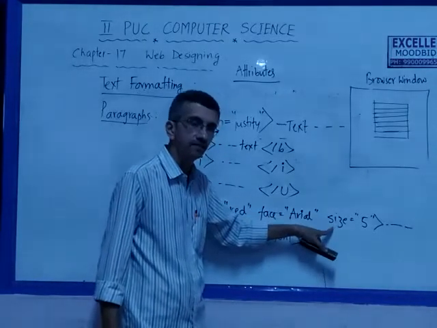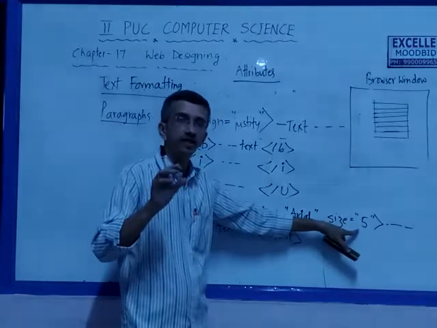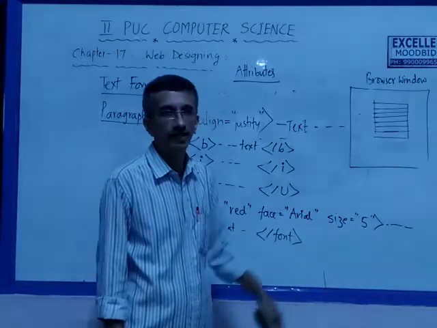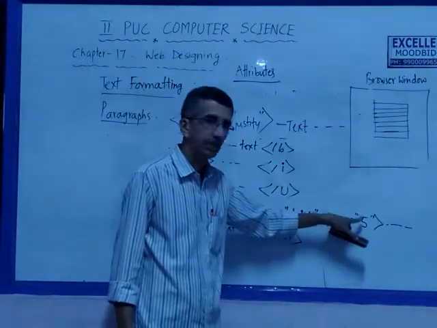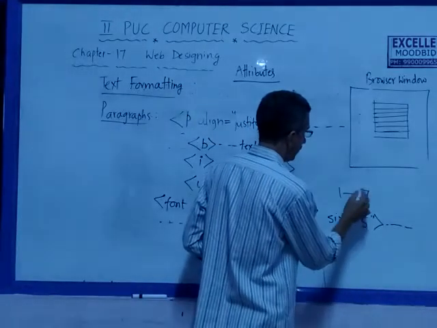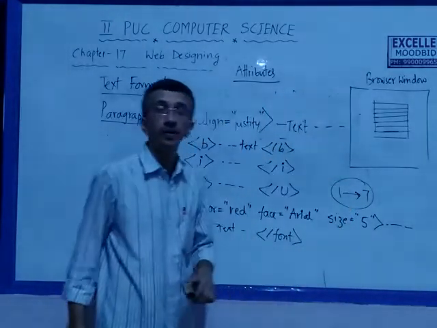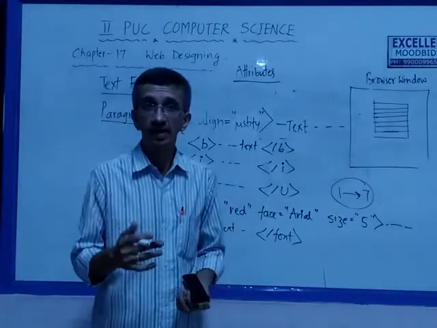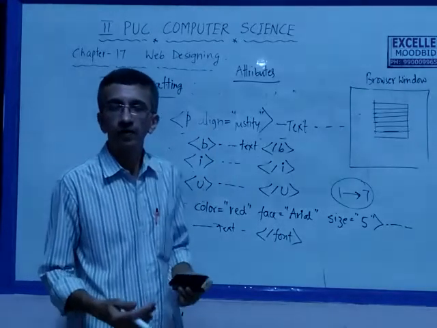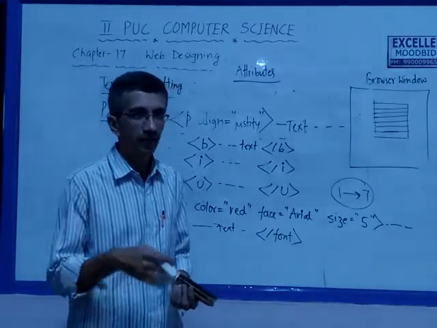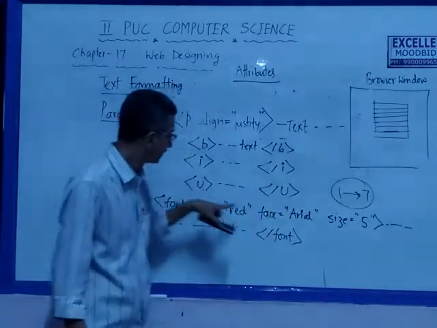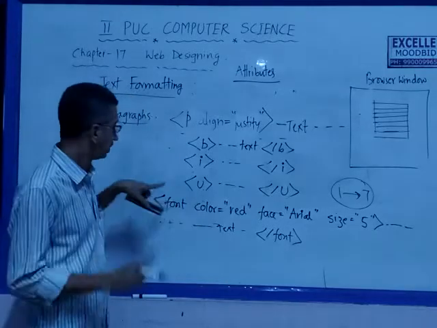And the next is size. This decides what size is available in the display. Basically the base font size is 4. By default it is taken as size 4. It can be 5, 6, 7. So the size can go from 1 to 7 only. The maximum allowed font size in basic HTML is 7. Beyond that, it is not available in simple HTML, but you have to go for formatting using style sheets. That I will tell you after this basic HTML. So anyway, size, face and color are the three attributes of the font tag.